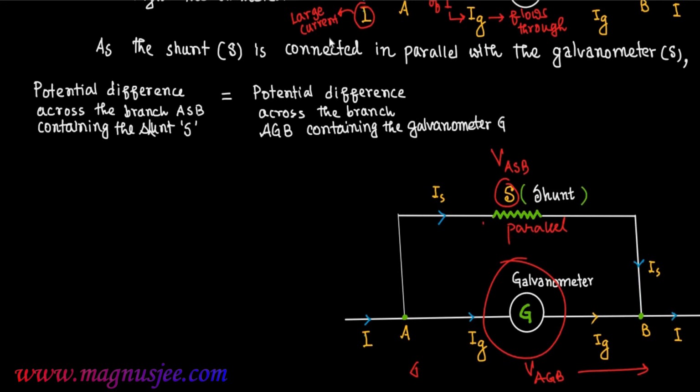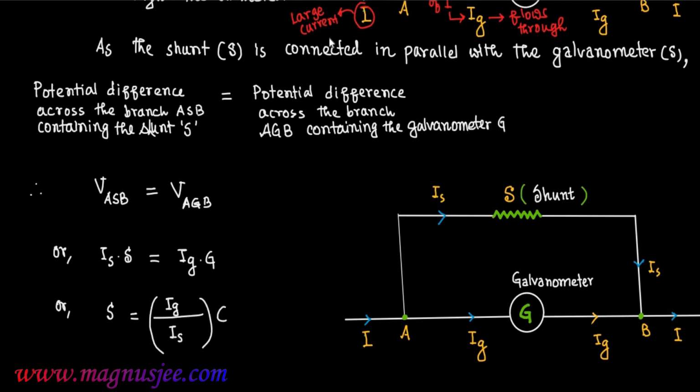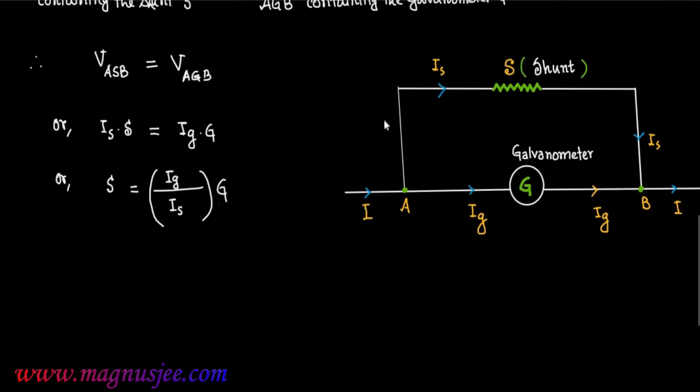So we can write VSB equals VAGB, or Is times S, the product of current and resistance, is equal to Ig times G, or S equals Ig by Is into G, or S equals Ig divided by (I minus Ig) into G,